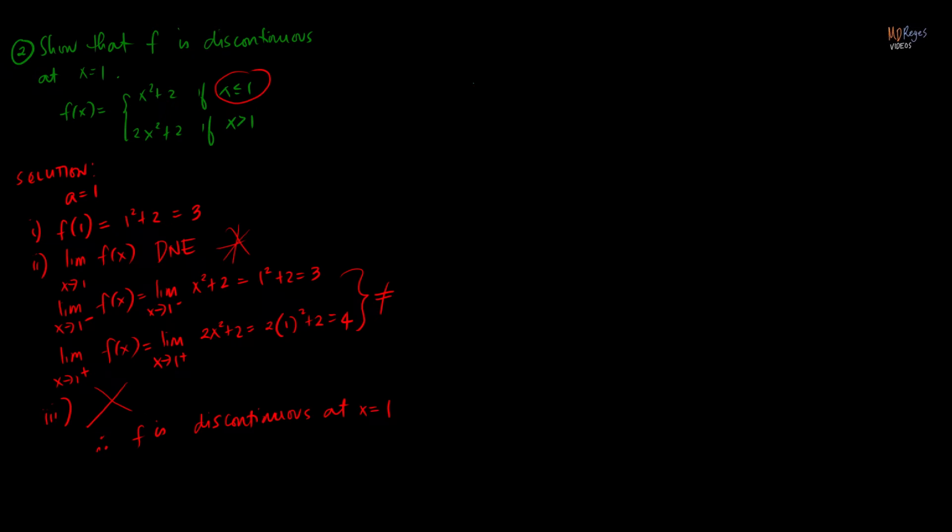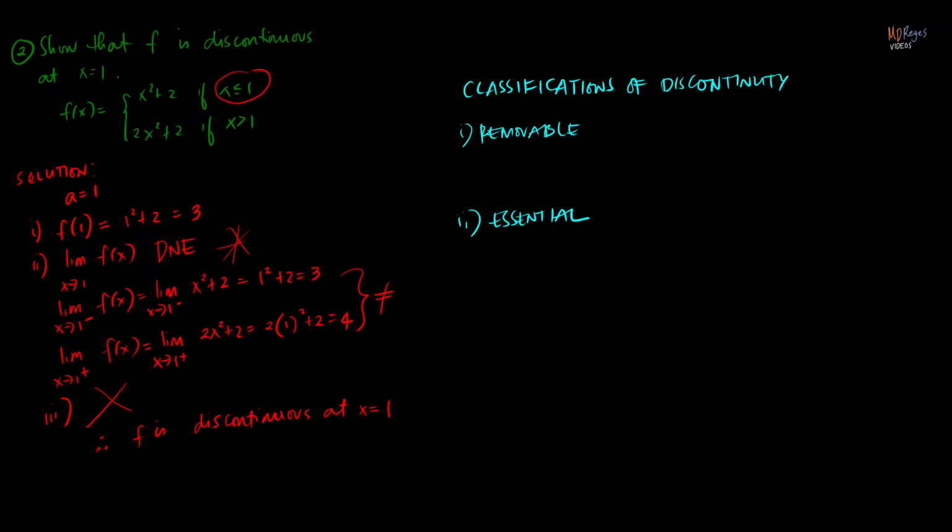Now we can classify the discontinuity of the function in two ways. Classifications of discontinuity: we have two classifications. One, it can be a removable discontinuity, and it can also be an essential discontinuity. When we say that the discontinuity is removable, we can always remove the discontinuity, redefine the function, and make it continuous. Now, the discontinuity is essential